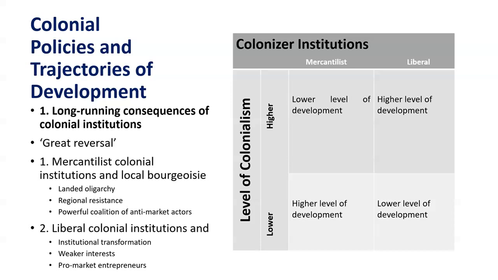And this landed oligarchy had their regional alliances that actually pushed back against any kind of centralization of the authority, because they needed some sort of decentralization